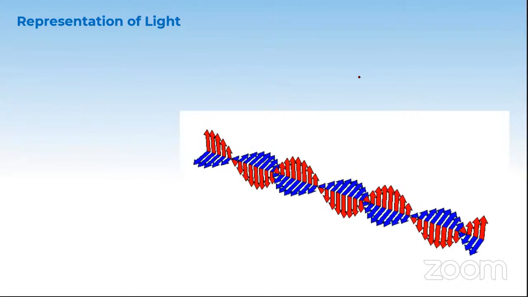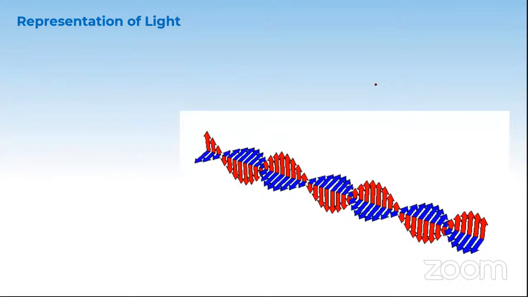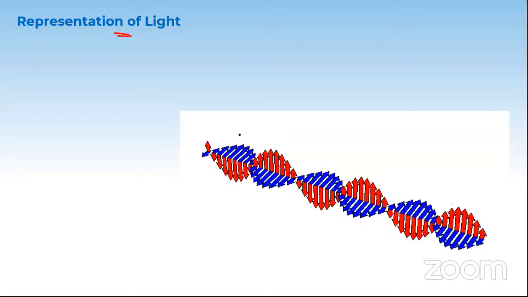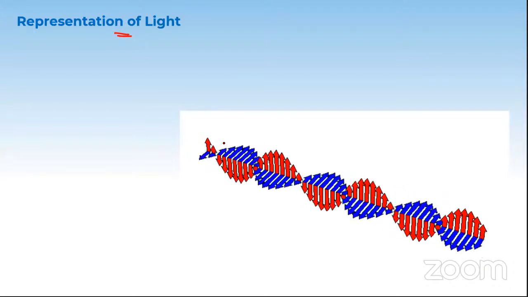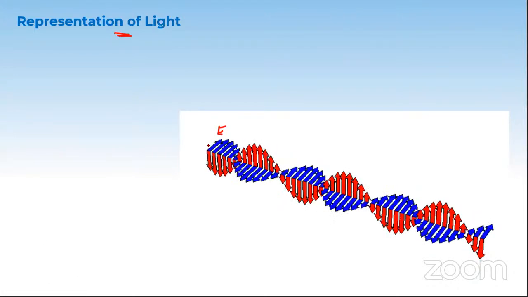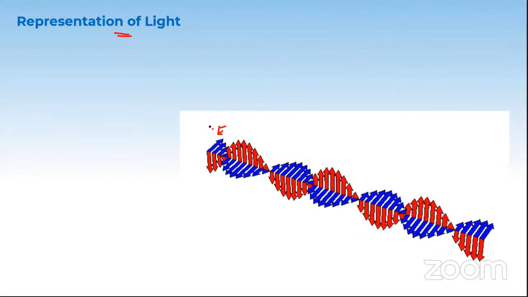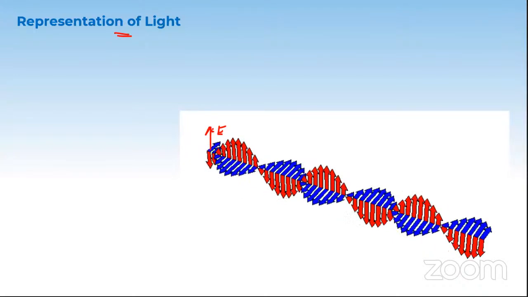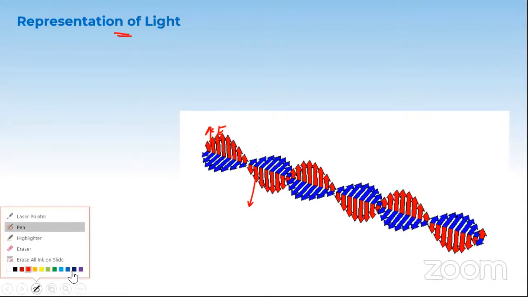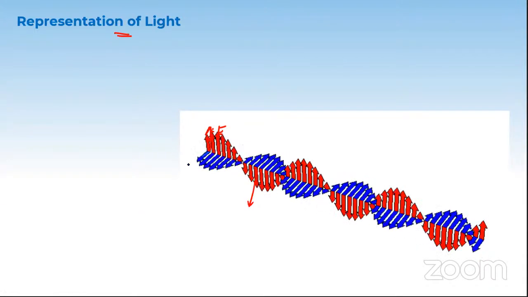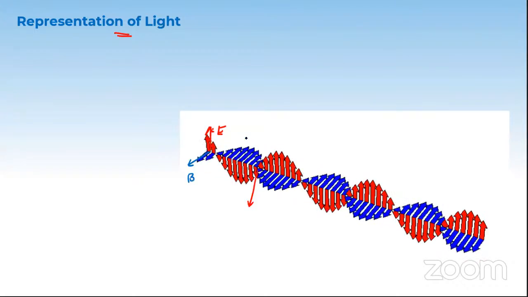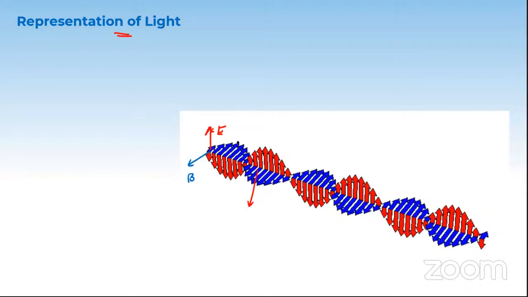The first thing I'm going to say is, we know how we represent a light: by oscillating electric field and magnetic field perpendicular to each other. If I say this red light is the electric field, it is oscillating on the y-axis, above and below. And there is one more field here, the magnetic field, which is oscillating in this direction. E and B are always perpendicular to each other, and they are waves.